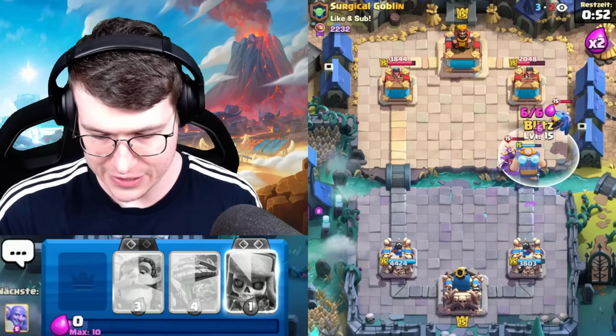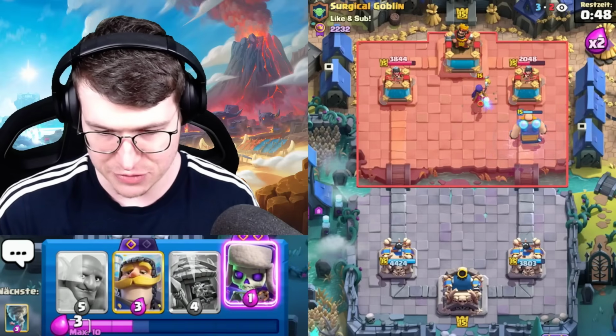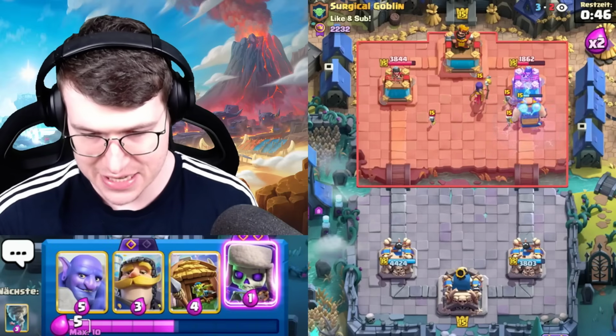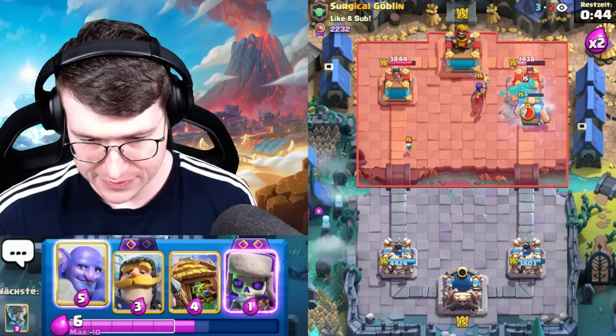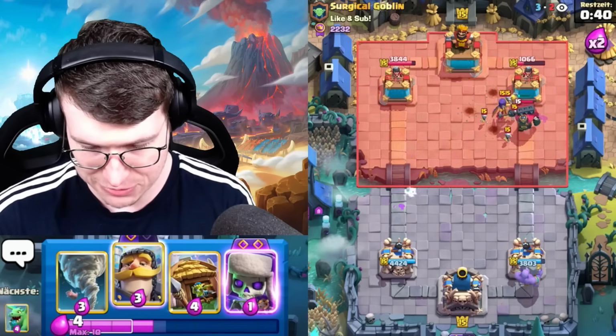I'm just gonna go Lightning there, though. I think Lightning is okay to deal with it. Okay, he goes in for his next Witch, but we're still gonna be able to get so much damage, and we should be really happy about it. Going for the Bowler there, he plays Golem. The question is whenever he's gonna be able to go...